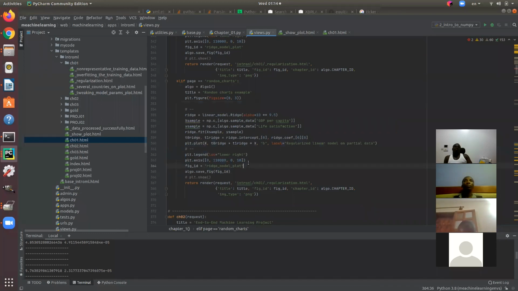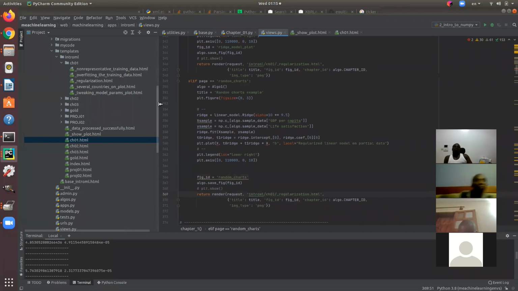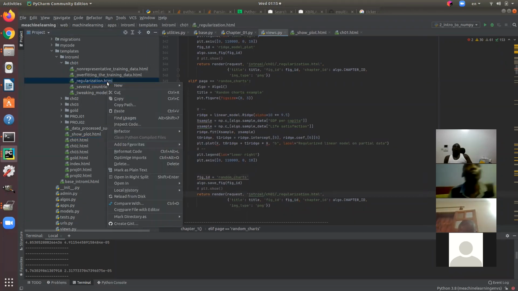Here we go. This one I want. And let's give it just a name, random charts. I can call it anything I want. And it will go here, it will save it there, and then I will take the figure. Okay, figure is going here. I have the title. Let's take this one and copy it, because I have done already all the work. So why waste my time? Take this one, copy,